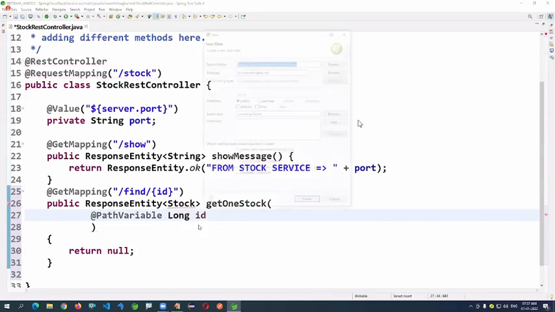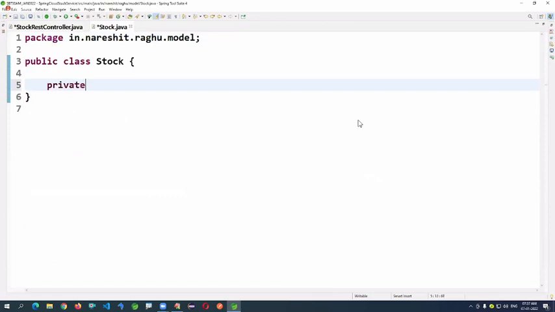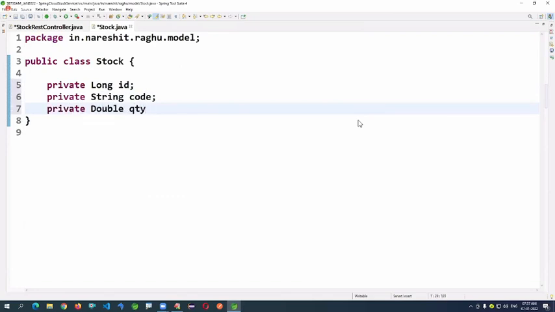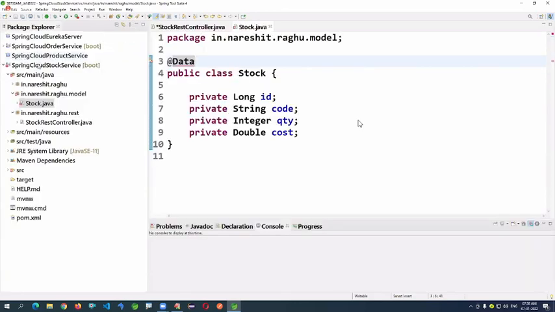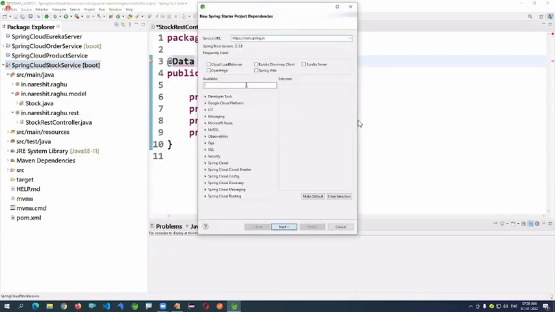And this is the entity class I'm creating, or you can call it a model, temporarily, choosing Lombok.